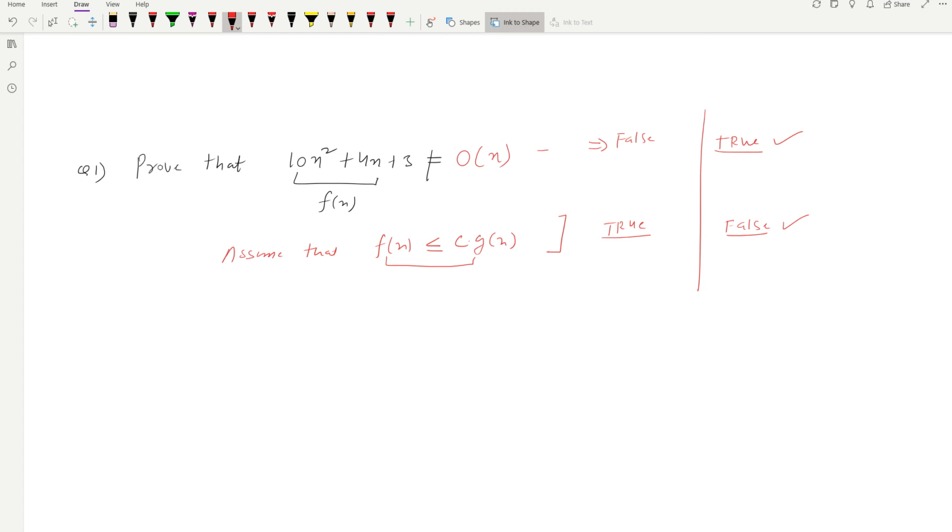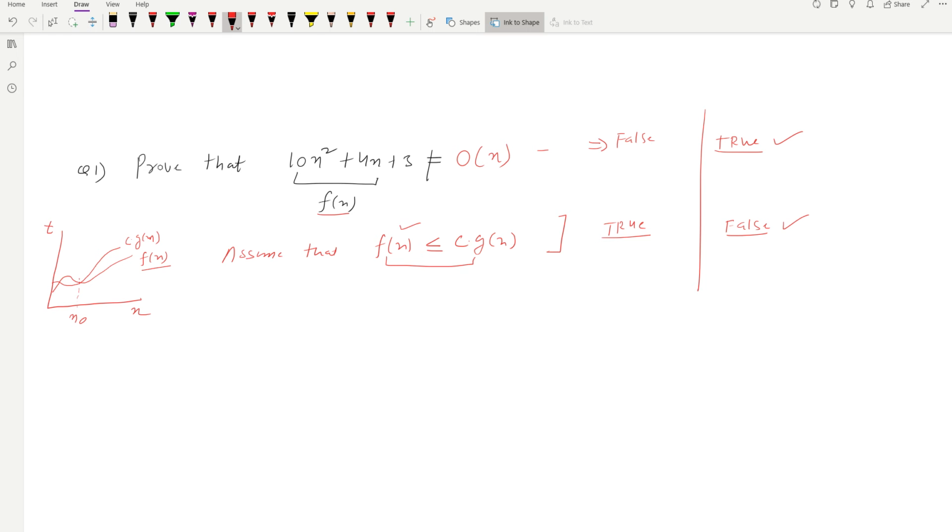So how can we write this particular function f of n in terms of big O? By definition, we know that whenever a function f of n is less than or equal to some constant c multiplied by the function g of n, then we can say that f of n is upper bounded by c of g of n. This is the definition of big O. After this particular n naught, f of n is upper bounded by c of